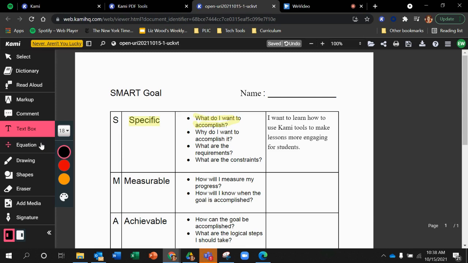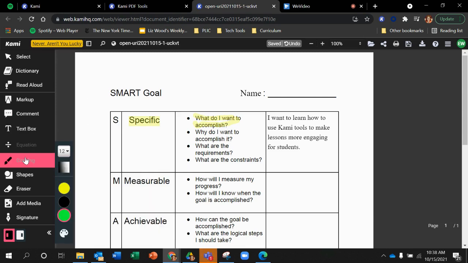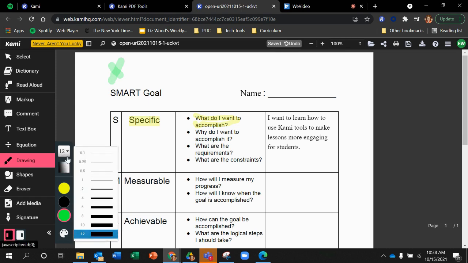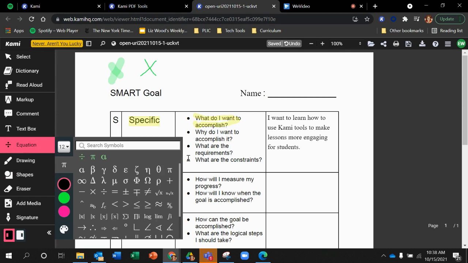Additionally, there are math equation tools. So students can either use the drawing if they just want to, let's say, make an X for multiplication. You can change this to be different levels of thickness or transparency. So I don't want it transparent at all. But if they want specific symbols that are typed out, they have a bunch of different options here depending on their grade level. They'll use different